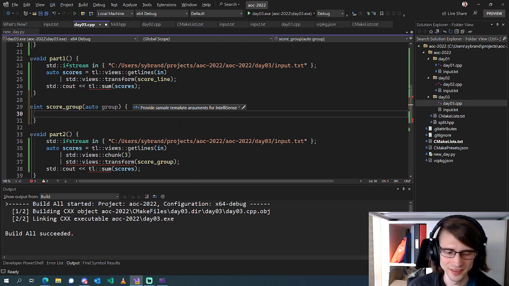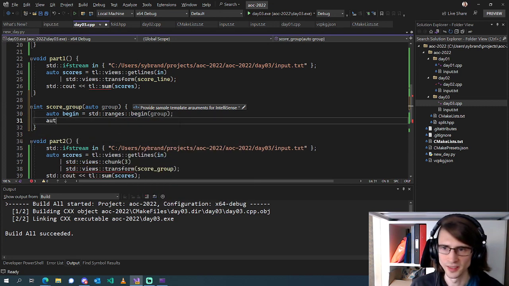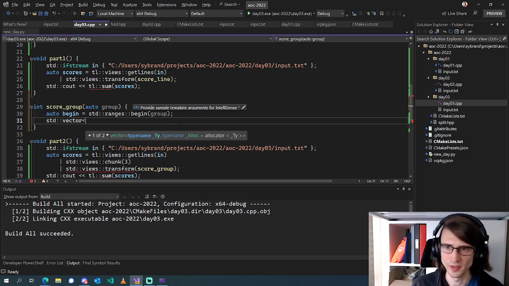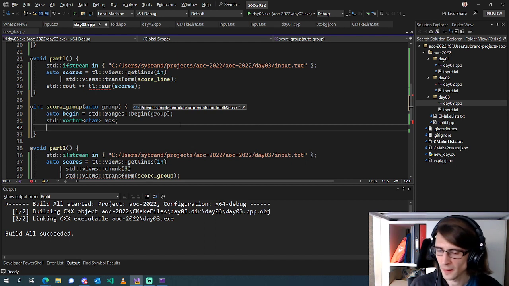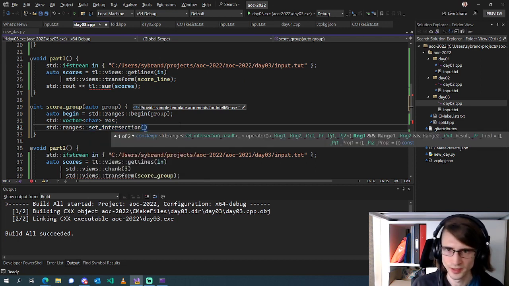Okay, well, I guess we can get an iterator, and the first group is... so we want to do a set intersection and stick our results into a vector of chars, and that's going to be std ranges set intersection of begin plus begin,